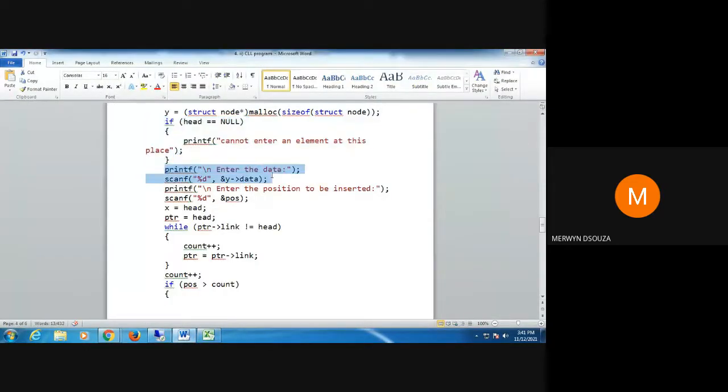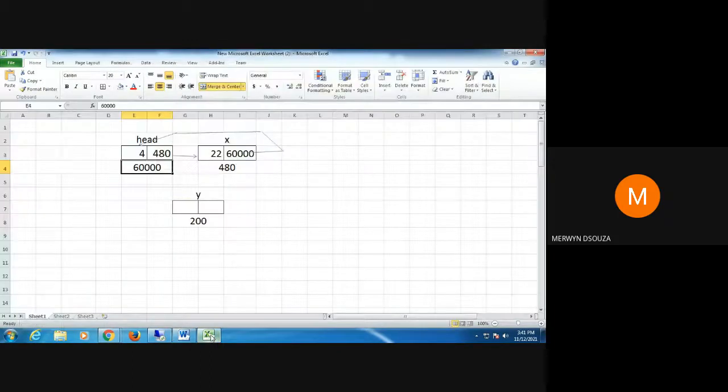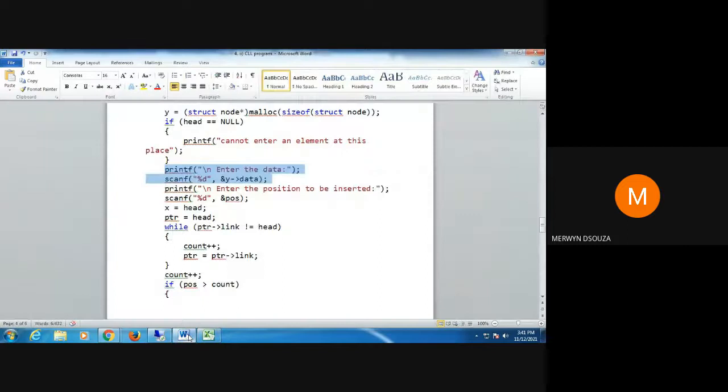So next, I enter some data. Let's say the data entered here is 56. Now I am directly entering the data because I'm taking the data right here. Instead of using 2 programming steps, I'm taking the data in 1 programming step only. Okay, shortcut way. Next, let's take the position.